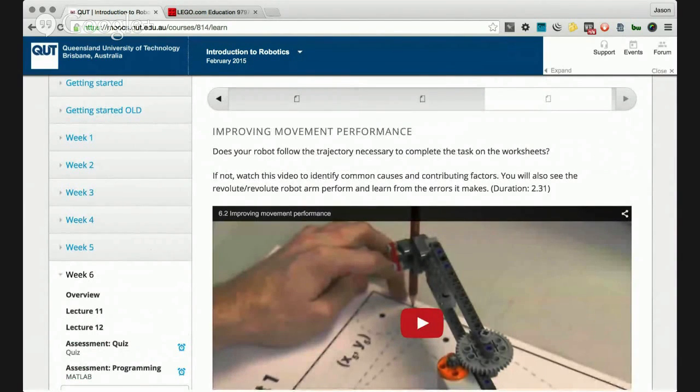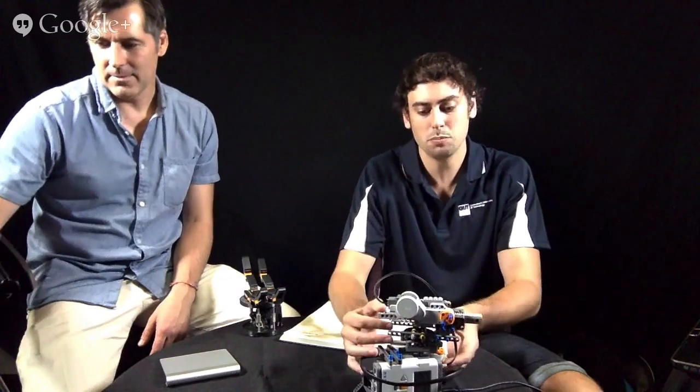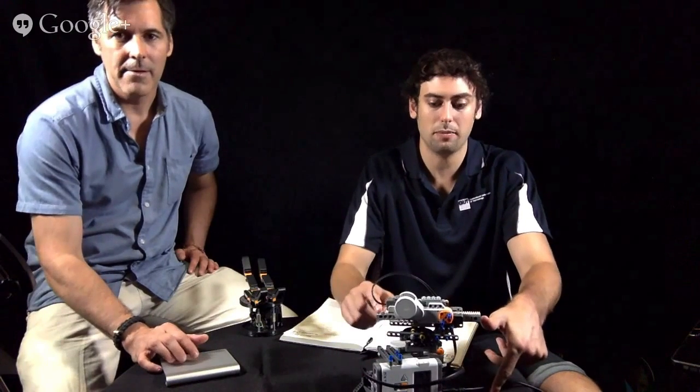So when you set up your robot, you want to keep it simple, but you also want to make sure all the components are rigid. Now, I'll just show you my robot here. It got a little crushed in my bag, so it's not quite as good as I had it last night. But as you can see, there's a little bit of dip in this front bit. Now, that shouldn't be a problem because I'm going to have a pen at the end of this, and that'll hold it up.